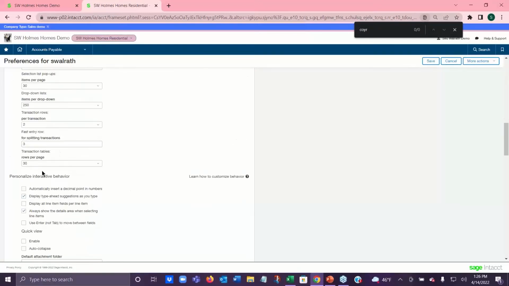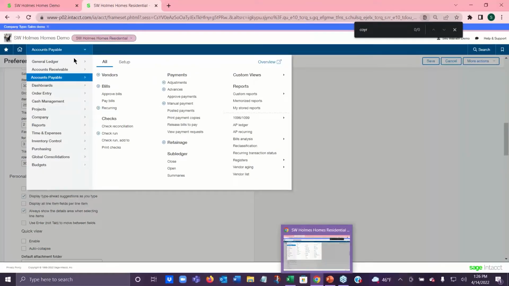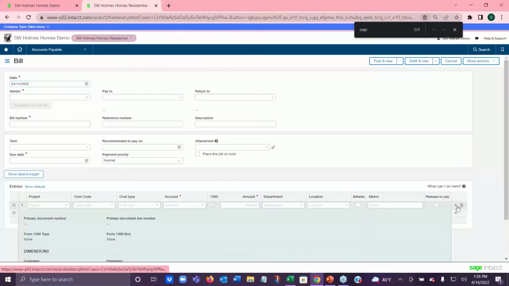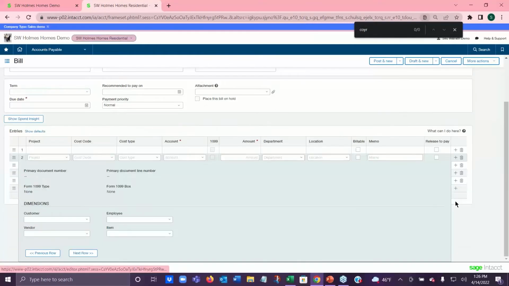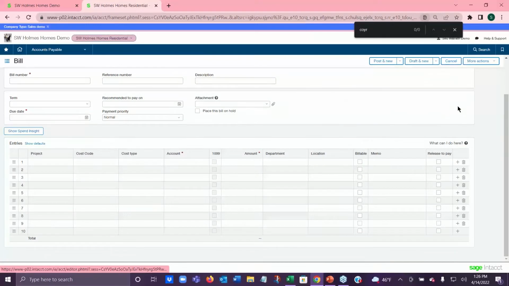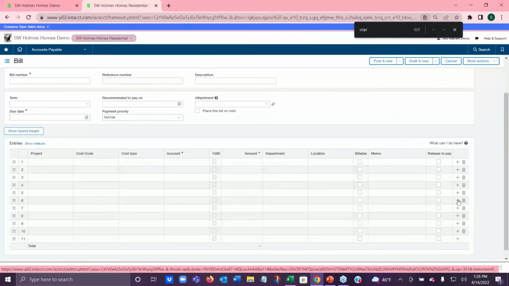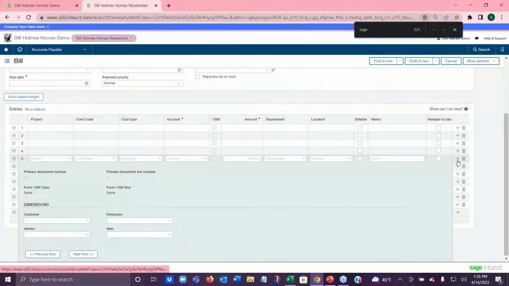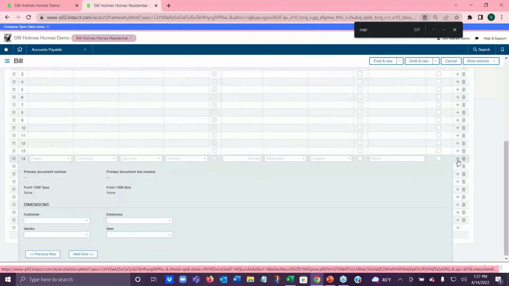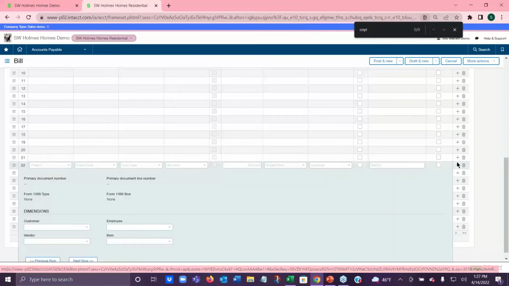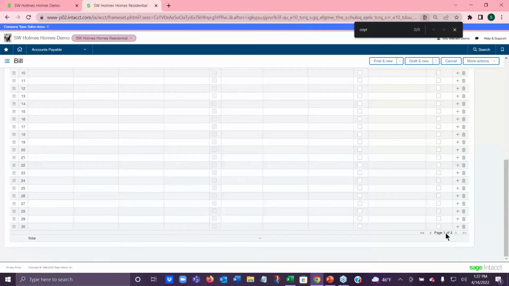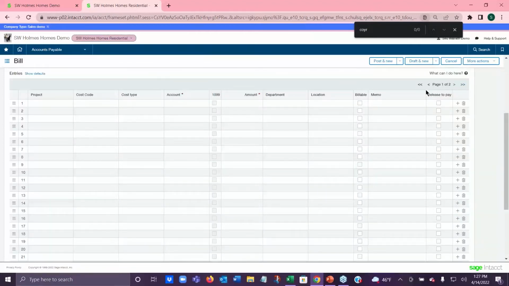And then we also have transaction table rows per page. And this is just a squeak different from what we were just talking about, in that if I were creating a bill and I've entered in all my information, and then guess what? Oh, I have more than the number of lines I anticipated having. So the minute I get past a certain point, you can see I'm just adding row after row here. It will get to a point where it will tell me it's going to put it on an additional page. So the minute you see page here, that means you've exceeded your preference setting for the number of rows that you're going to show,